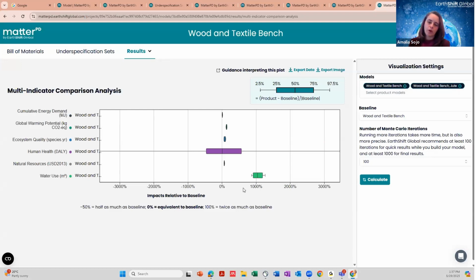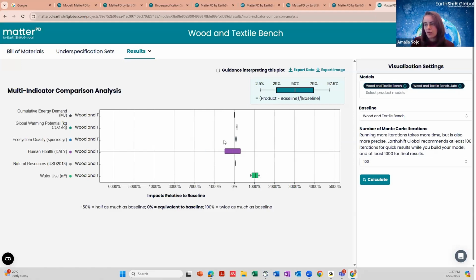In this case, the comparison between the bench with cotton yarn and with jute. And here the comparison is if it's higher, it means that the product has higher environmental impacts than the other one. In this case, we can see that the wood with cotton has higher environmental impacts than the one with jute.